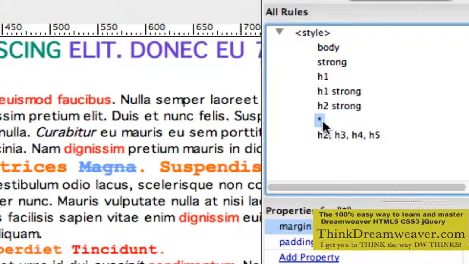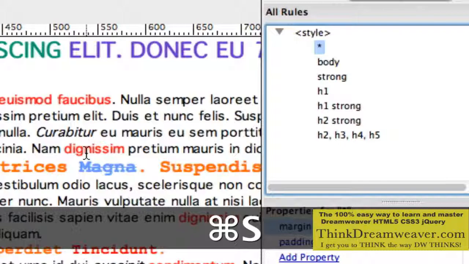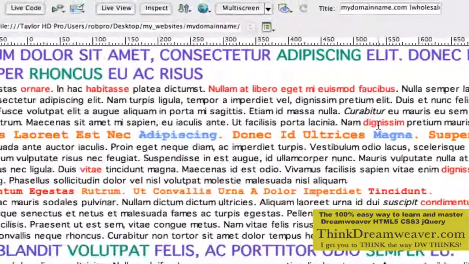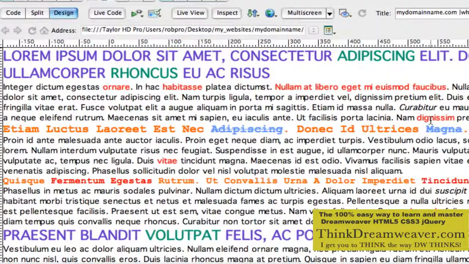Now, the asterisk tag is technically the grandfather tag of the entire site. So we're going to drag that to the top. So it says asterisk body. Make a change, save a change. Okay. Now, if you look at your page for a second, one of the things we're going to do here,